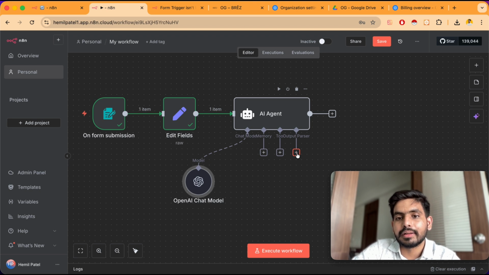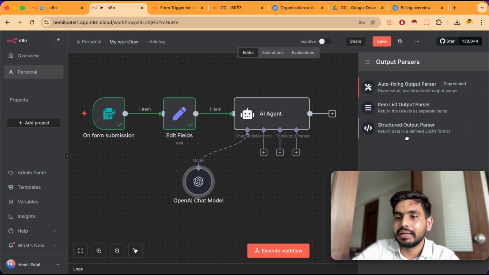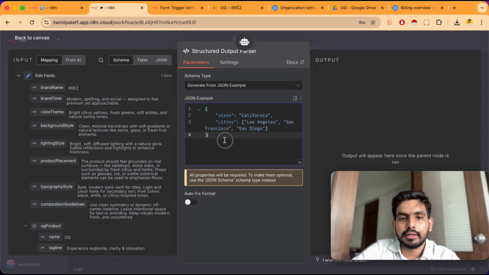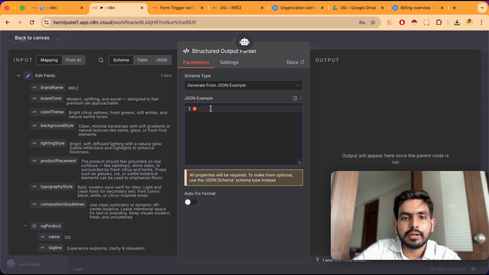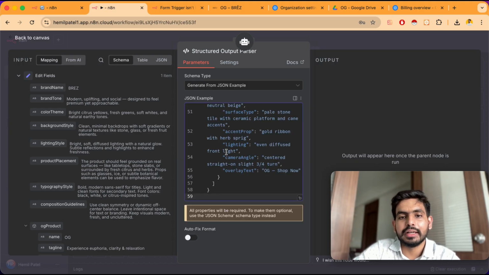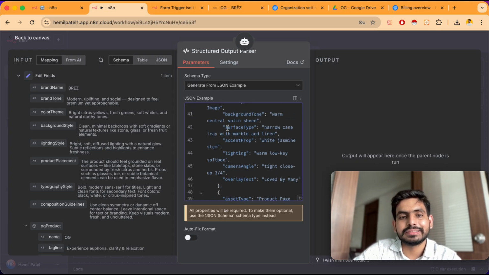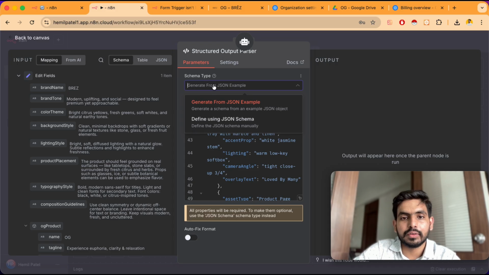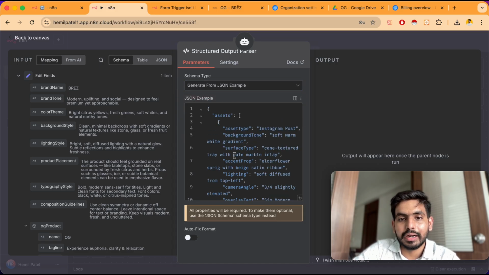So you can see a plus on this icon, and we need a structured output parser. So click here and remove this one and paste this code. I also provided this JSON example. Okay, you have to select generate from JSON example, the first one as default, and it also contains a few assets